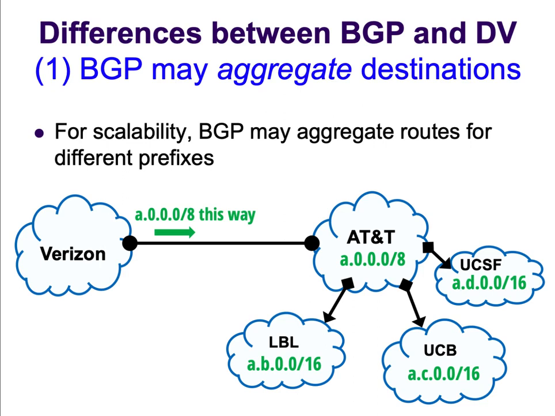Right, so I think the question is, in the multi-homing example we had, where we had a link from LBL to Verizon, and we said Verizon has two entries in its forwarding table. One is for a /8 for A, and the other one would be a /16 for A.B. And so how would Verizon choose how to